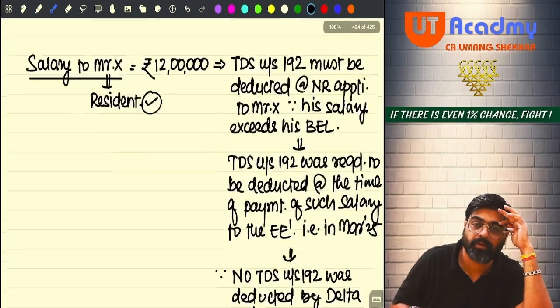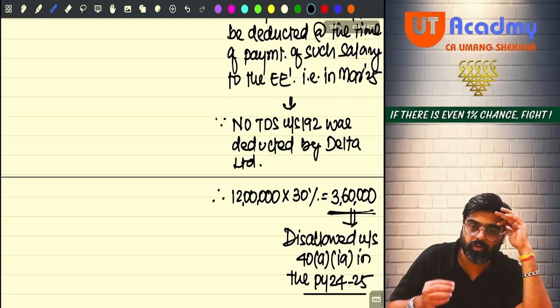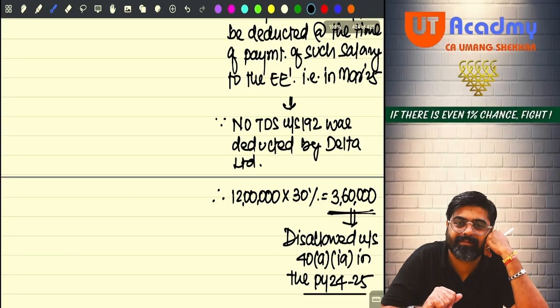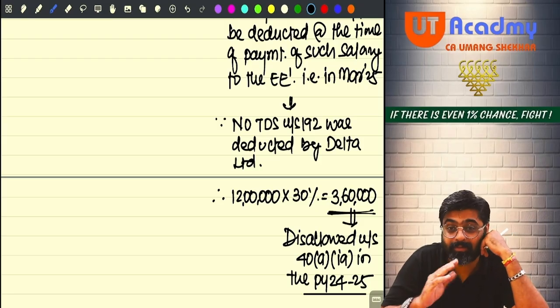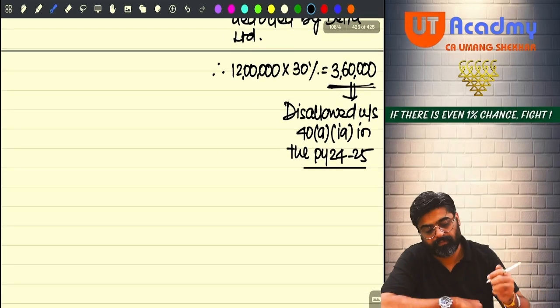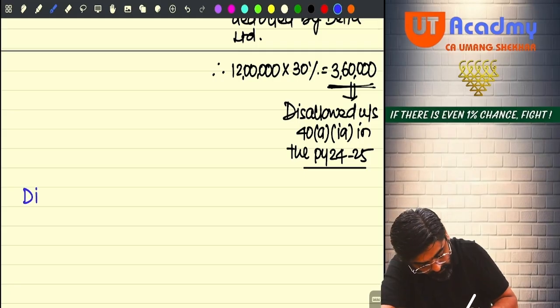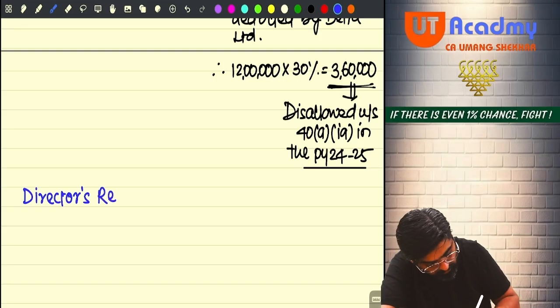Will you remember this thing? Will you be able to write like this? Okay, no? A 2 mark small question can come like this on the concept of TDS. Sure? So for the second payment, can you write down like this? Okay, the second payment was director's remuneration. Write down: director's remuneration.